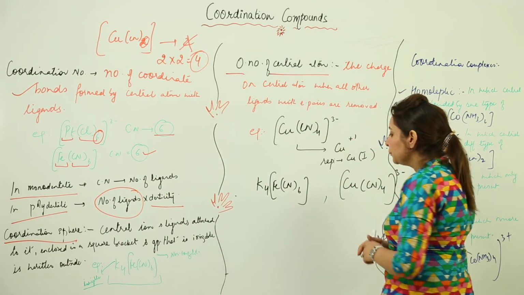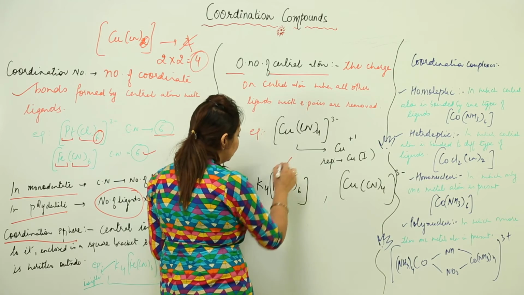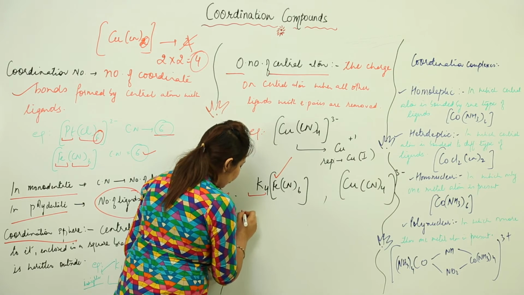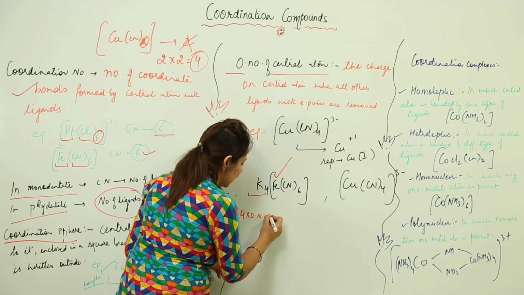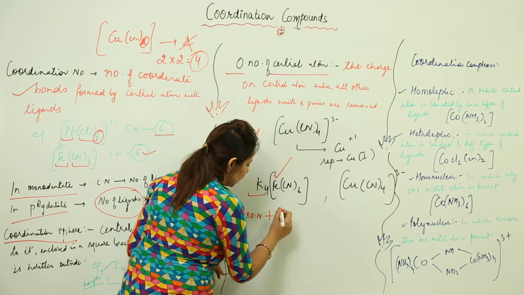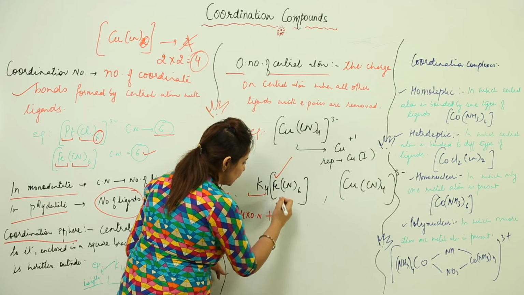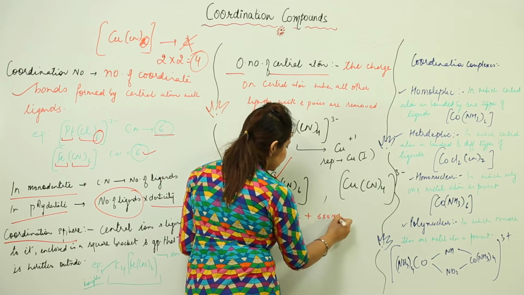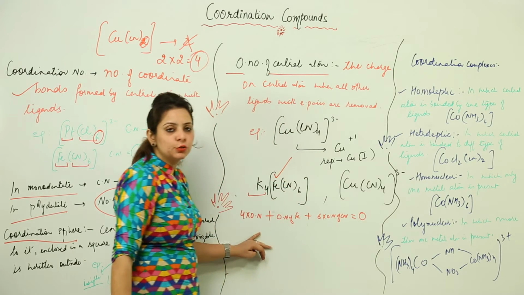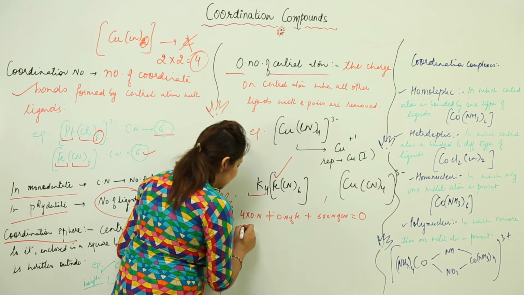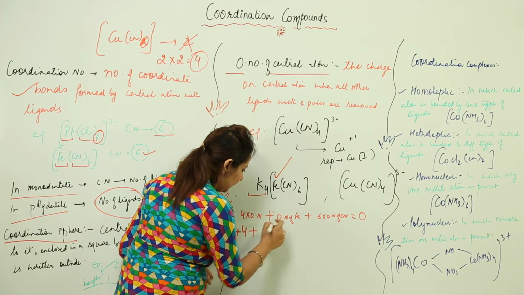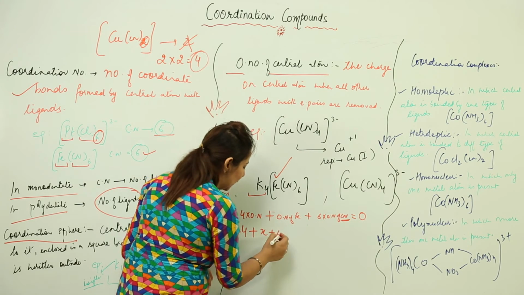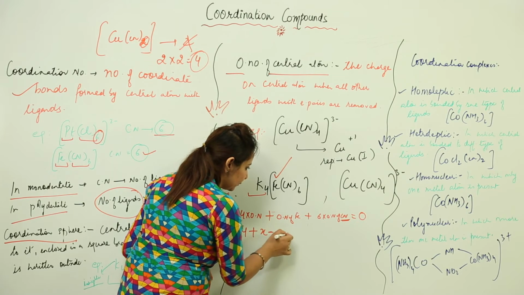Just look at one example. Here, if I need to find the oxidation number of iron, how can I do that? To find it, it is 4 into the oxidation number of K positive, plus X, the oxidation number of iron, plus 6 into the oxidation number of CN. And this is a neutral molecule, so we are going to equate it with 0. The K is +1, we know that, so it is +4 plus X plus 6 into CN, which is obviously a radical, that is -1, so it comes out to be -6, is equal to 0.